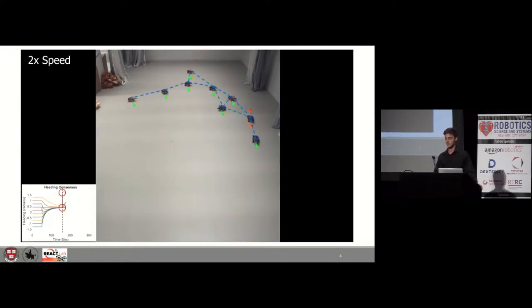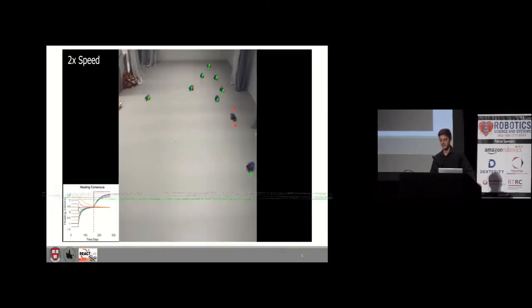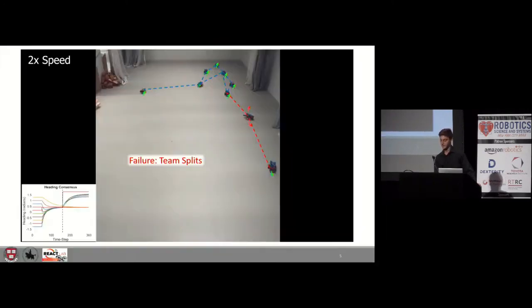As the network becomes sparser, the adversary can perform an attack by broadcasting different heading directions to different robots. This causes the team to physically split apart and the flocking to visibly fail. As I mentioned, this is due to the fact that the network becomes too sparse such that all the information has to flow through the adversary.